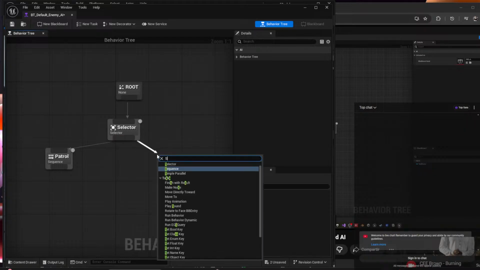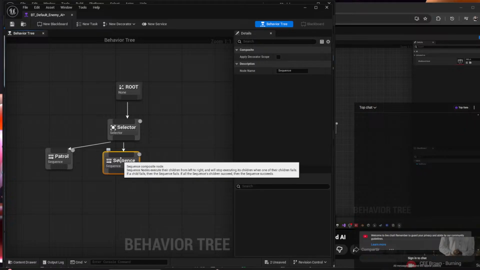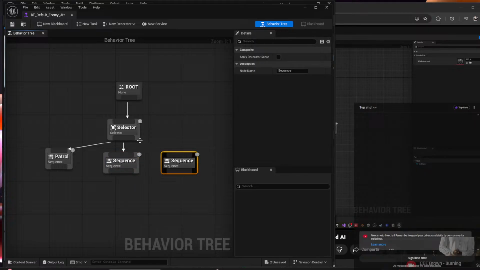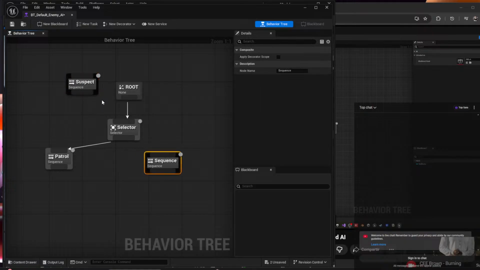So let's say suspect. No wait. Hold up. Sequence here. This one, and then this one. We'll have these three. So this will be suspect. Actually, no, let's remove this one. Let's follow the tutorial first. Let's not overcomplicate it. This will be suspect. This will include later on. Will it probably be like this? Probably not. But